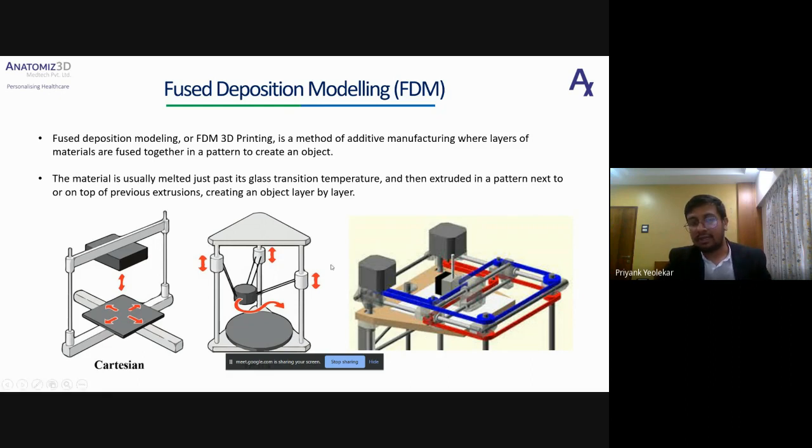The difference between the Cartesian and the Core XY style printer is your X and Y motion takes place with the help of two motors. They are not two independent motors, but both of them are used collectively to move your print head. So let's say if one motor stops moving, your print head will not move in all the directions. It will move in only one diagonal direction.